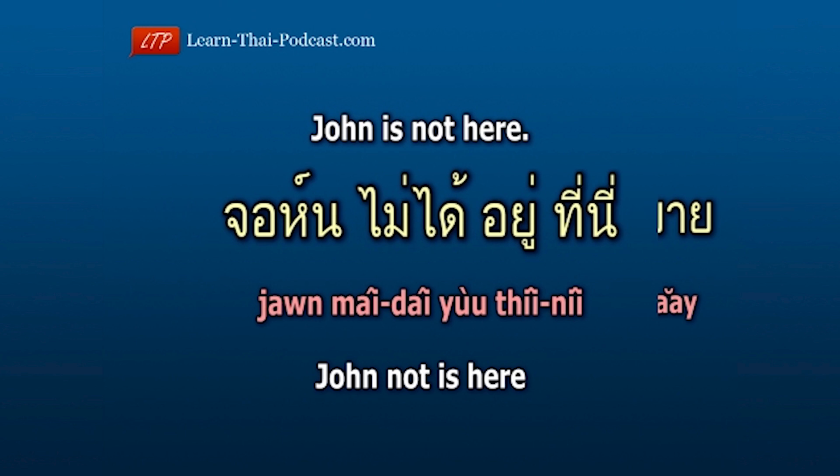Another example. John is not here. จอห์นไม่ได้อยู่ที่นี่ John จอห์น not ไม่ได้ is อยู่ here ที่นี่. John not is here. จอห์นไม่ได้อยู่ที่นี่